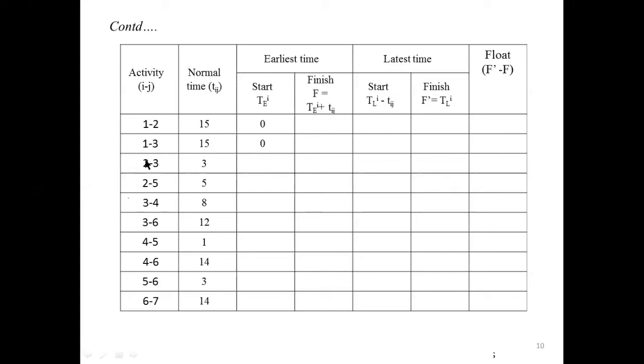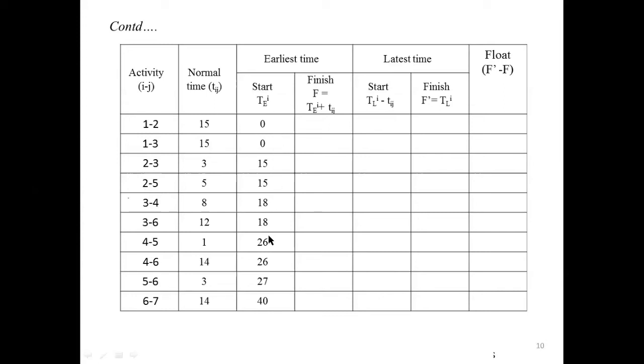For the second, 2-3, the starting node is 2. In the network diagram, corresponding to 2, we have 15. For 3, we have 18. Similarly for other activities, you have 18. For 4, you have 26, 26. For 5, you have 27. For 6, we have 40. That means to fill this column, you have to check with respect to the rectangular block, or you can call it the square block value, with respect to the starting node of each activity.